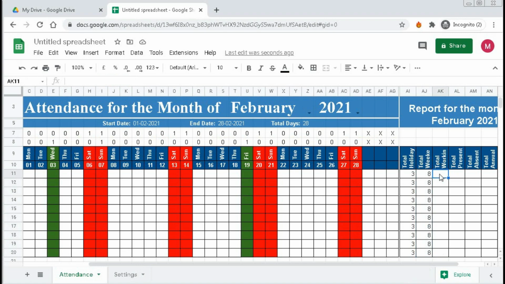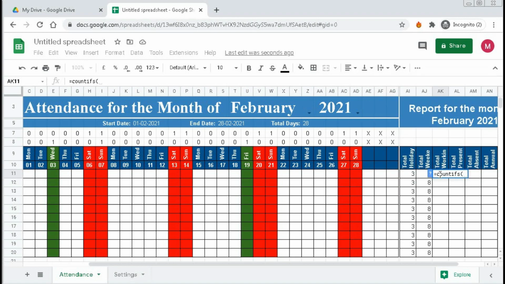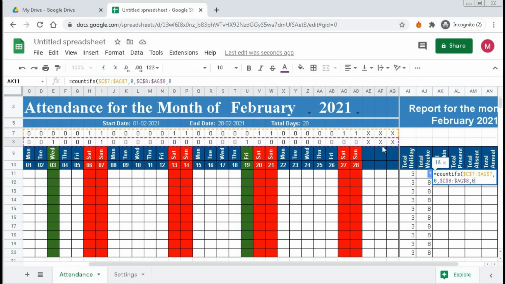Now the total working days. The total working days will be equal to COUNTIFS, open bracket, this is the range, F4, comma 0, comma, again select this range, comma, F4 to lock it, comma 0, close bracket and enter.